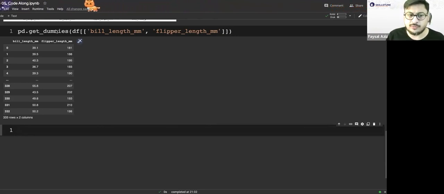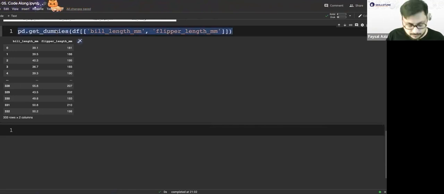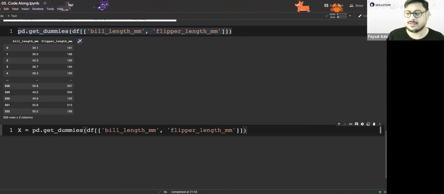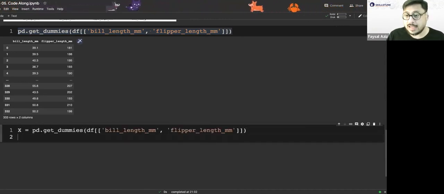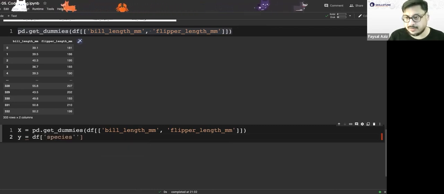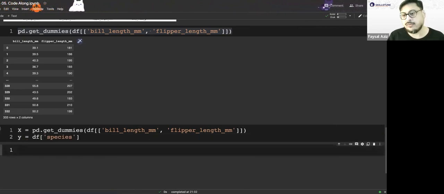So I'm just going to take these two features. I'm just going to copy it because I'm too lazy to type again and again. And I'll put it in a variable called x. And the y is the label, which is something that we want to know. And I will call that df.species. There you go. Okay, and now I've got my x and I've got my y. Now, whichever feature I take, the decision tree will eventually split up to contain these features.